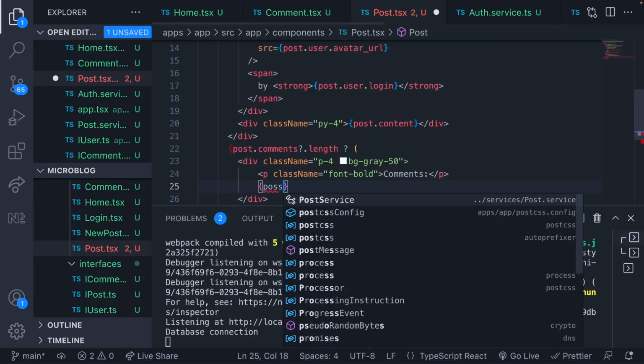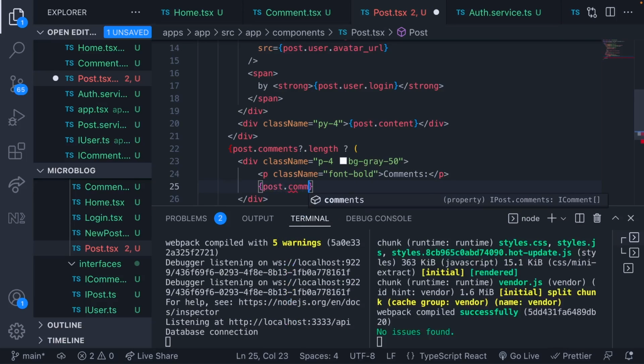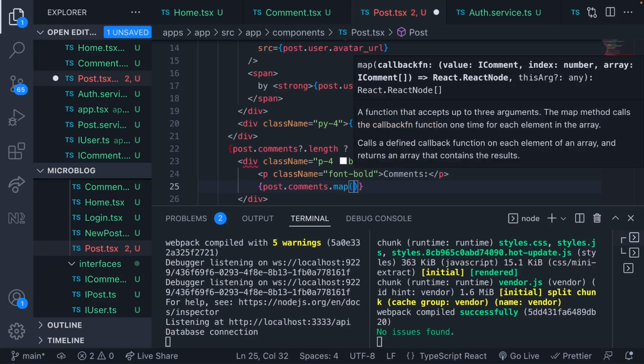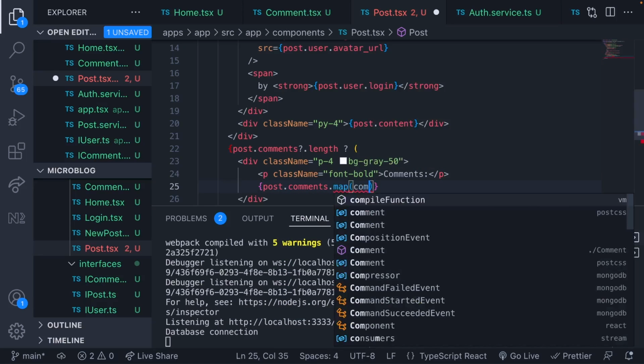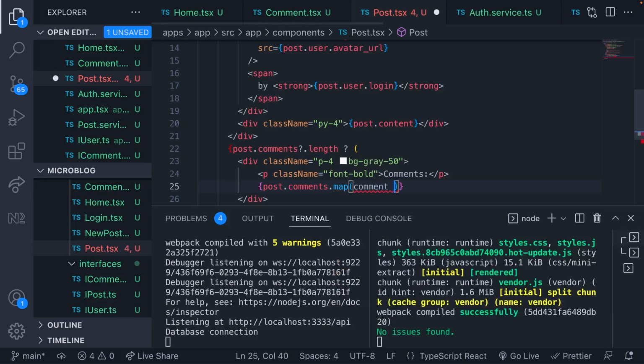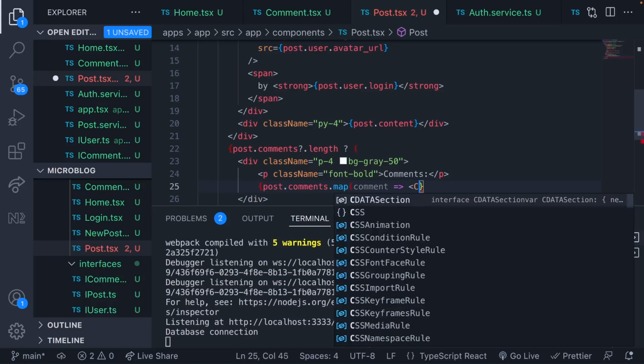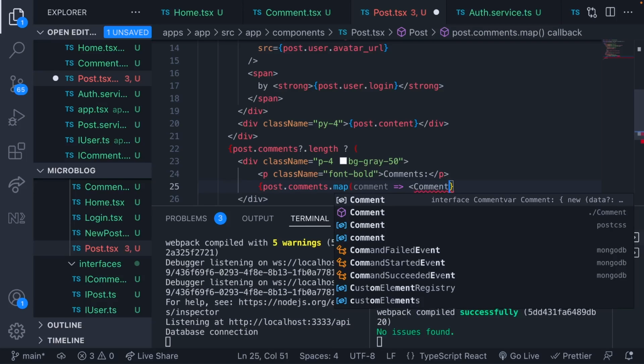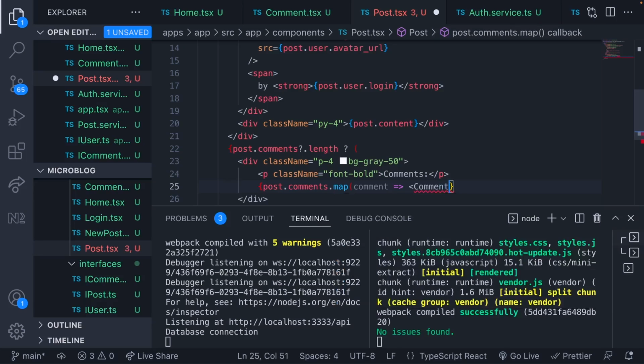So for the post again, comments, we know we've got something inside there because we've reached this point of the code. So for each of the comments, we're going to map those. So for each comment, we will open this up, and we're just going to return a comment component. I'll just make sure we import that. And the key can be the